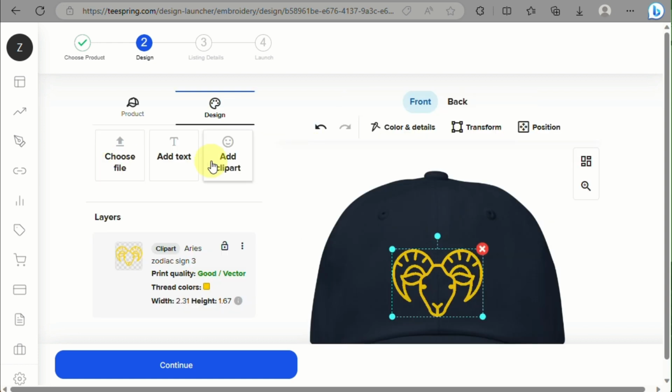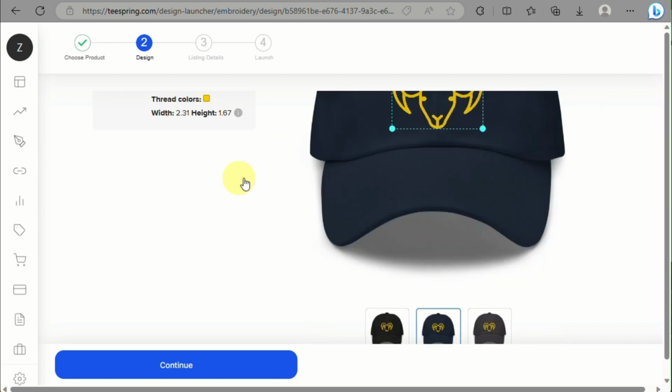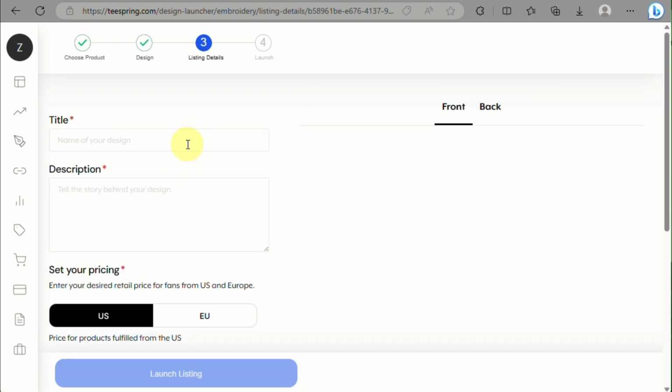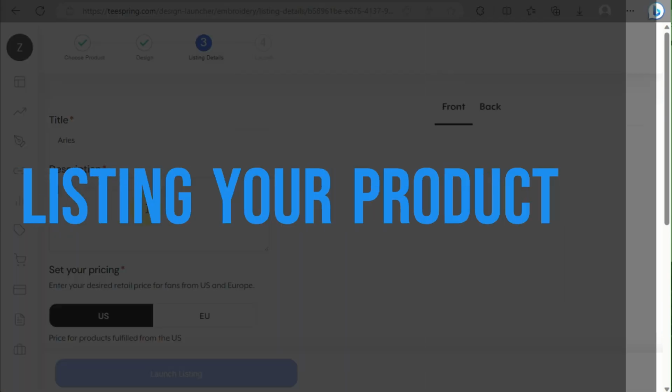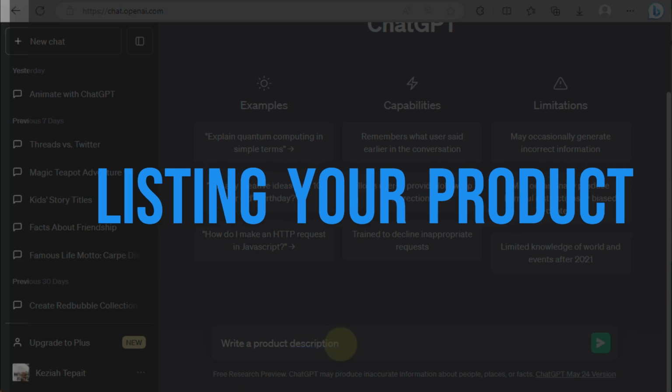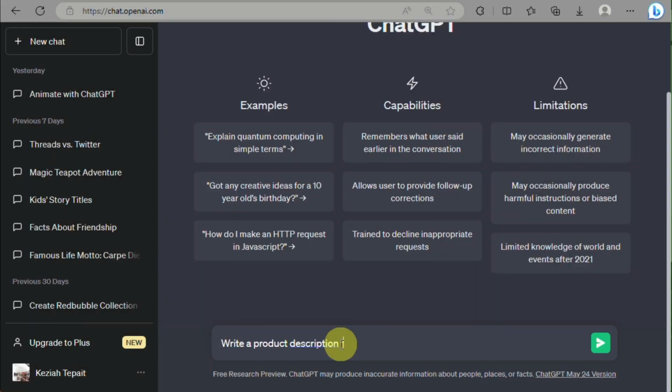So once we are satisfied with the color of the text as well as the design, we can go ahead and click on continue. And the next thing that we will do is list the product. First, you will name the title of the product that you're creating. So since the clip art that we chose was zodiac signs, we will name our product Aris. And then there would be a description that you will need to